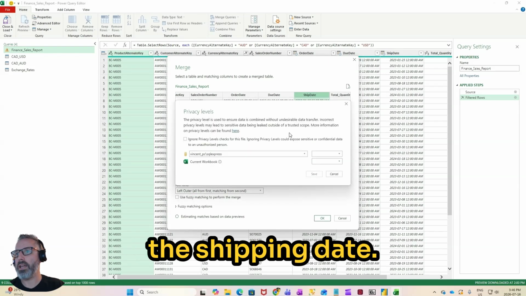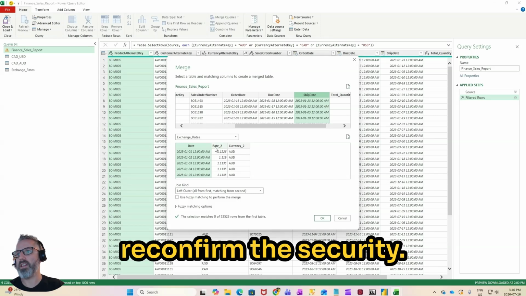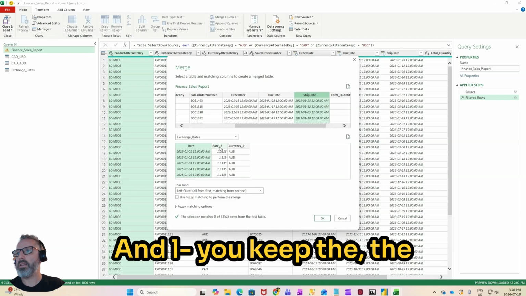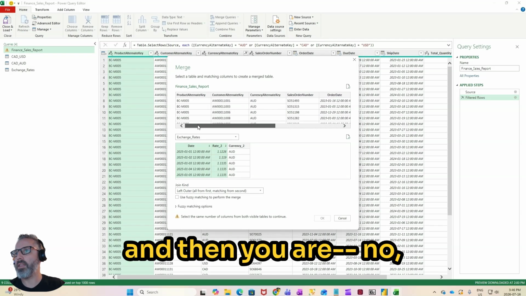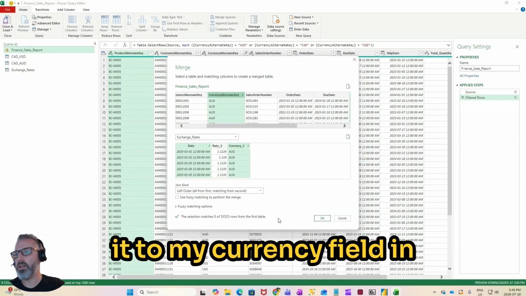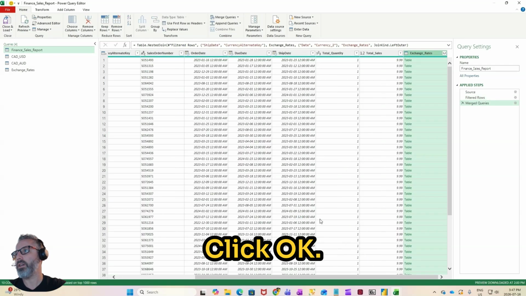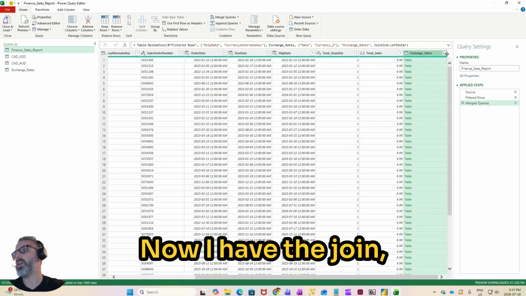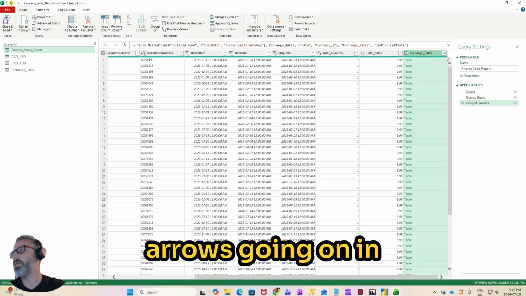to the shipping date. So it asks me to reconfirm the security, and you keep the control key. You keep holding the control key, and then not the rate, but the currency. And then I join it to my currency field in the finance report table. Click OK. Now I have the join, and I click on this little button with the two arrows going in